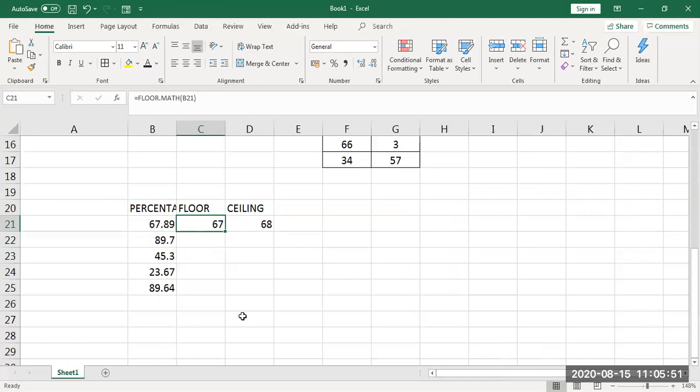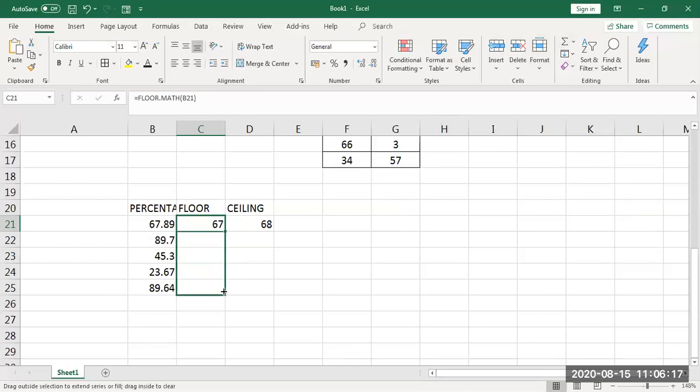I want to apply this to the other cells. One more time, I need not select here; go to Excel, floor.math, like that. The speciality of Excel is that for one cell, if you apply any change, now can you see the cell being selected? Observe the mouse pointer. It looks like a red cross symbol. When I bring the same pointer to the end, can you see the difference?